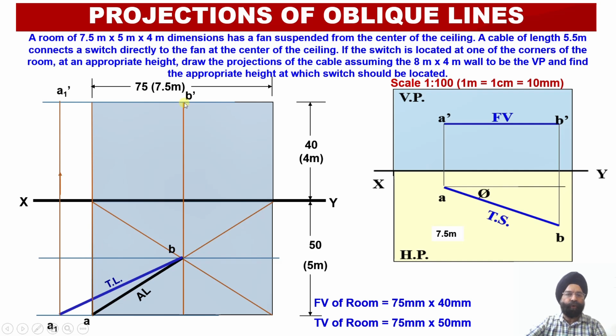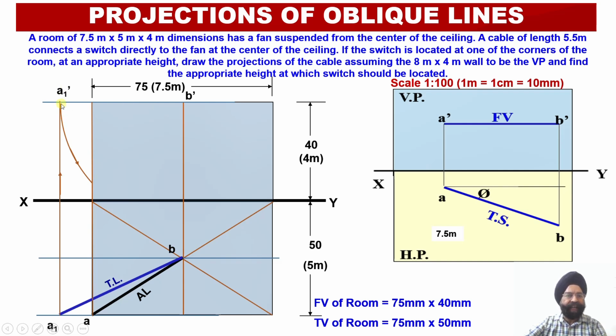So now what I am going to do, B dash will be my locus point or my needle point, I'll open the compass equal to A1 dash B dash and rotate it back so that this point A1 dash can be transferred alongside this vertical projector line onto which point A dash needs to be located. So once I keep my needle point at B dash, open compass up to the distance A1 dash B dash and